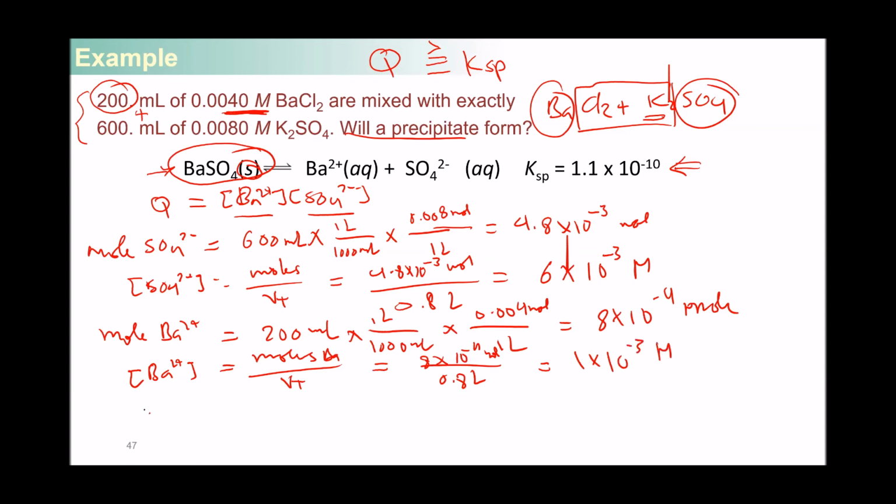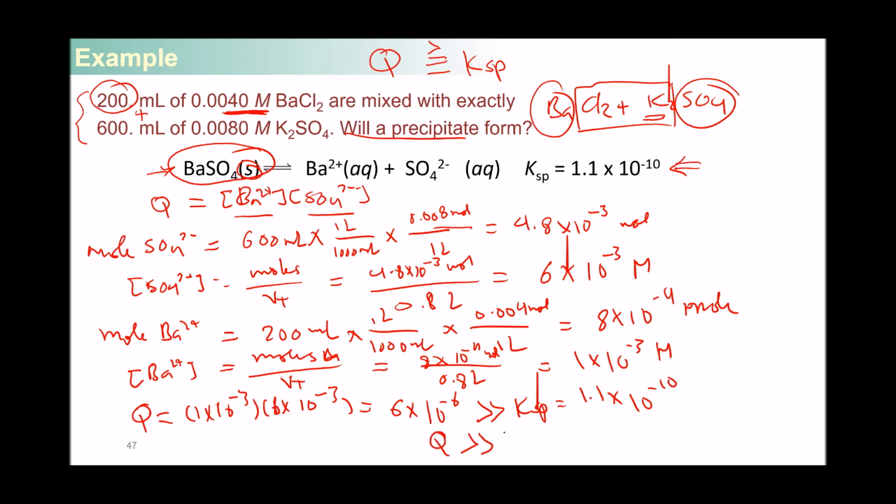And that is going to give us a Q of the reaction, or a reaction quotient, that equals the product of the concentration of barium times the concentration of sulfate, 6 times 10 to the negative 3, which is going to equal 6 times 10 to the negative 6, which, as you can see, is significantly larger than the Ksp for the salt, which is just 1.1 times 10 to the negative 10. So you basically should expect, since Q is significantly larger than the equilibrium constant, that a precipitate will form,